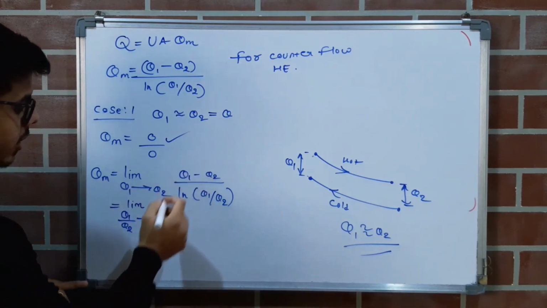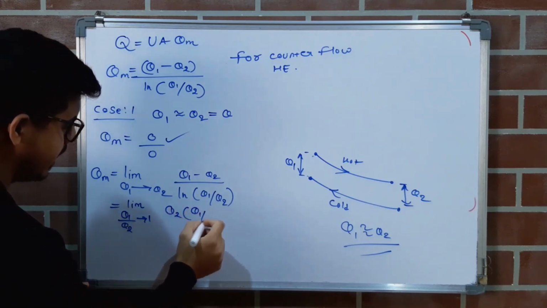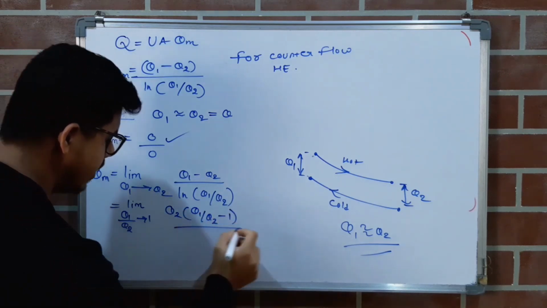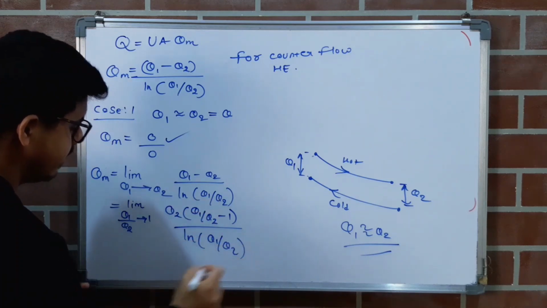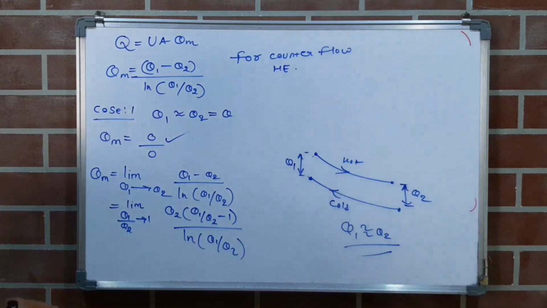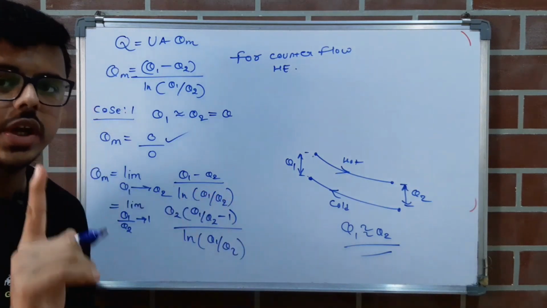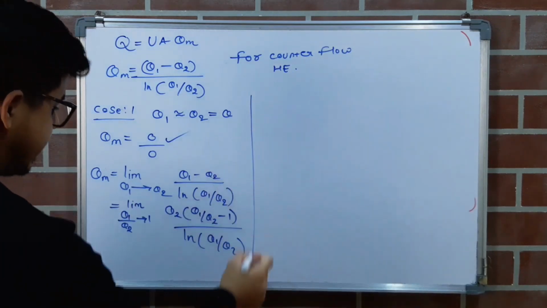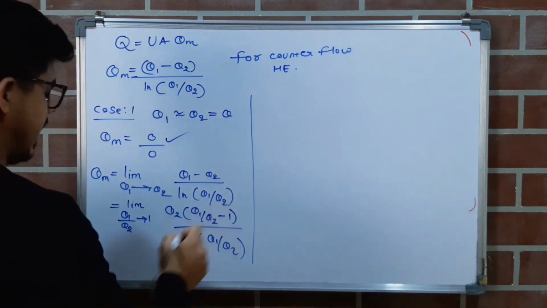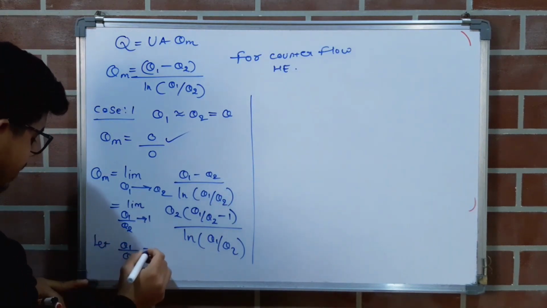So similarly, here also I have to bring theta 2 out common. So it will be theta 1 upon theta 2 minus 1, and we have theta 1 upon theta 2 same. So we will keep this same. Why am I doing this? Because I want to bring this whole equation into one variable only. Remember that. So the next step would be, I will assume let theta 1 upon theta 2 as